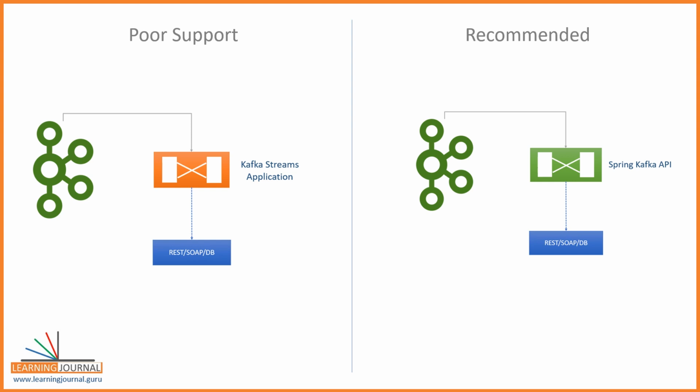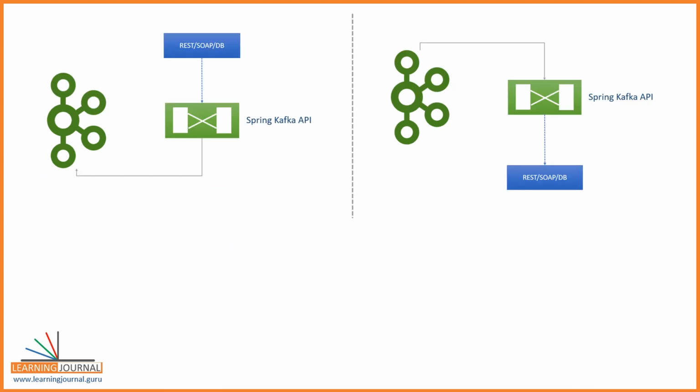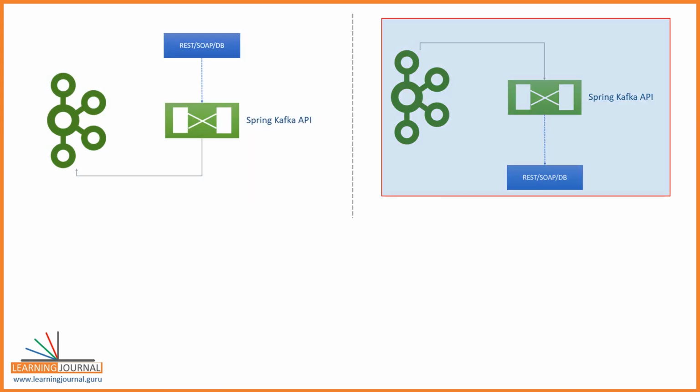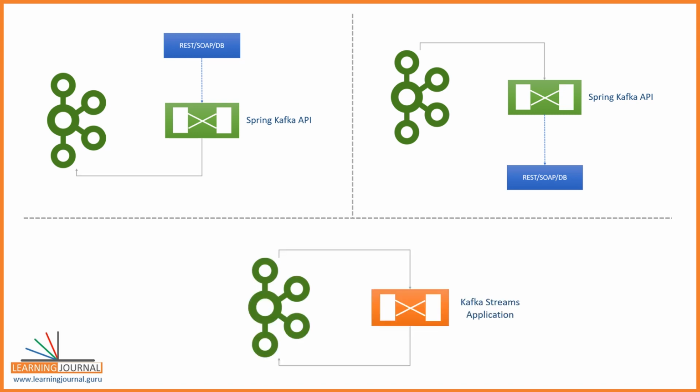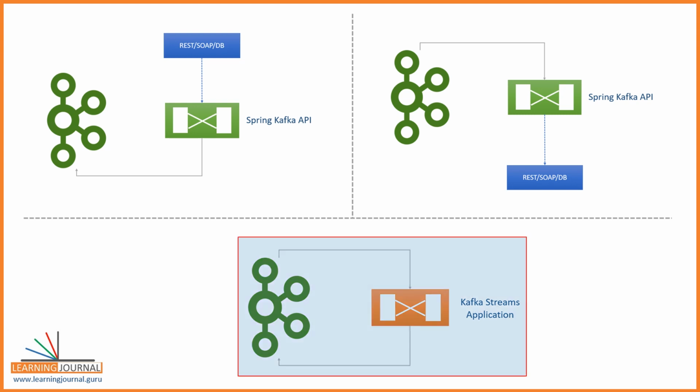So we use the Spring for Kafka project in following scenarios. You need a producer only or consumer only and also want to interact with other non-Kafka services. You are most likely to use the Kafka Producer Consumer API. On the other side, you will be using Kafka Streams in the following scenario. You have the requirement to read a data stream from Kafka, implement some stream processing techniques such as aggregating, summarizing, windowing, and send the summarized results to another Kafka topic. You are most likely to use the Kafka Streams.